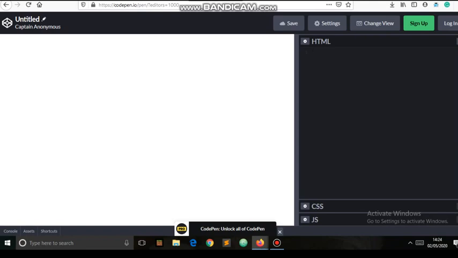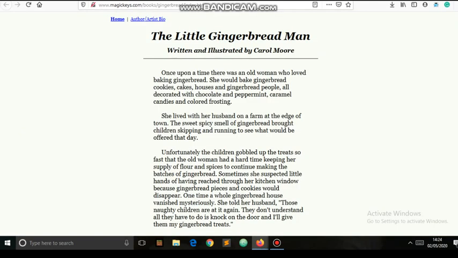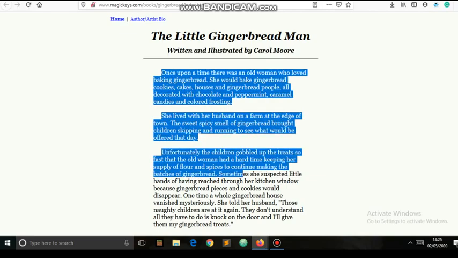Let's get to a website where we can find some stories for practicing our HTML. The website I found is named magicski.com, where there are stories for children. I've got a story, which is also one of my favorites: The Little Gingerbread Man. You can see here how structured this is. If we write this story on a page, it is not that structured, but here you can see the HTML version is much more structured. First there is a heading, again a heading but somewhat smaller, and finally the text.